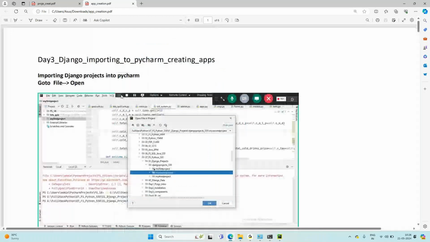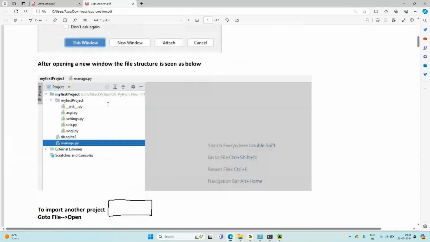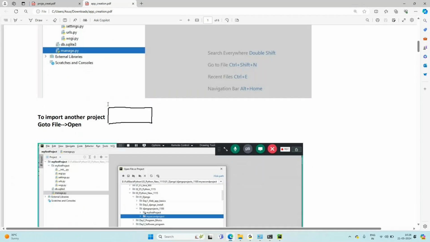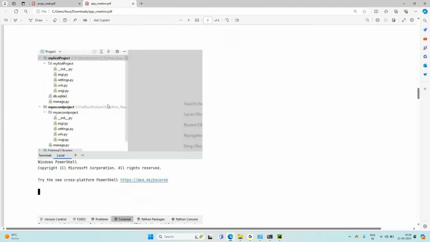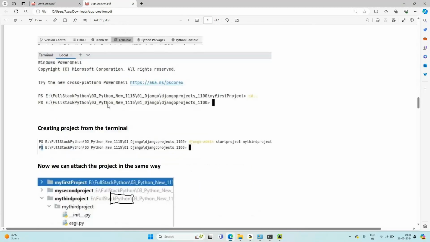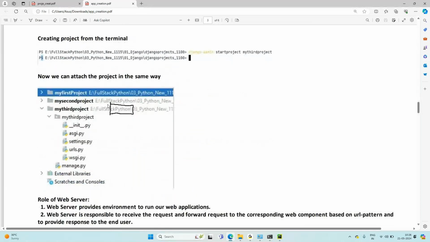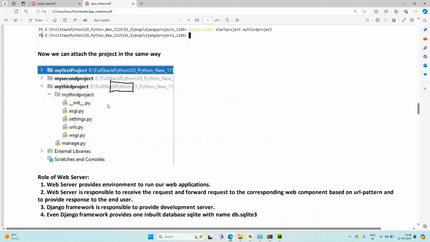Okay, so opening and all you did already. So now in order to create the app, all this I've shown. I want to create the app now. So in order to create the app, what you need to do? So you need to say